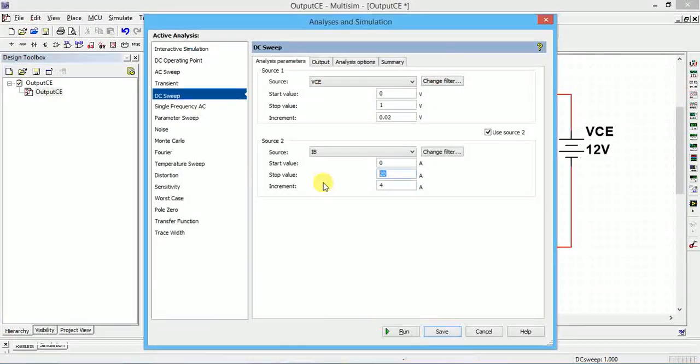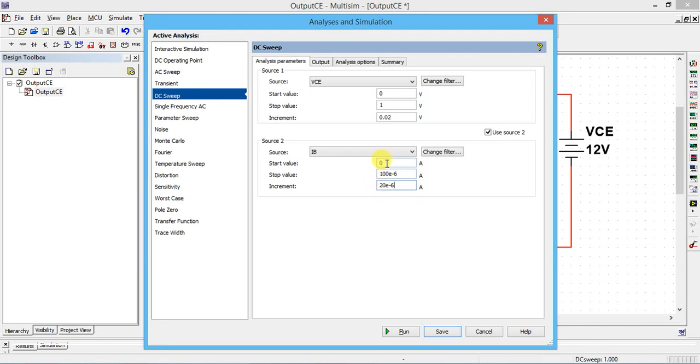You cannot type micro here, so what you have to do is exponent minus 6. Micro means 10 to the power minus 6, E minus 6. So step size I'll give 20 micro. Starting value is 0, end value is 100 micro.